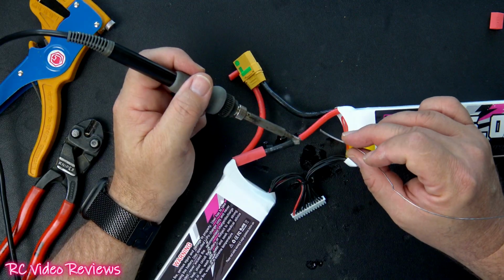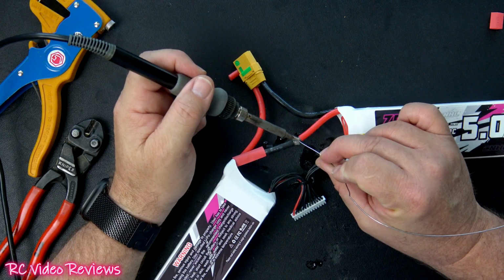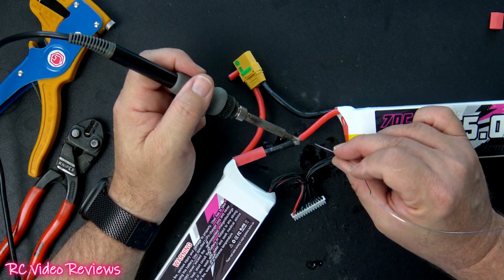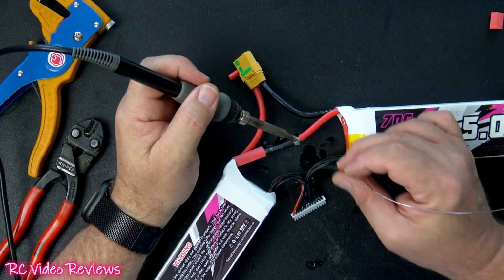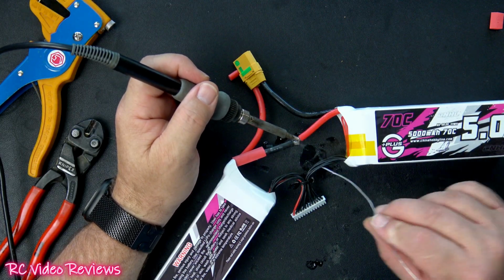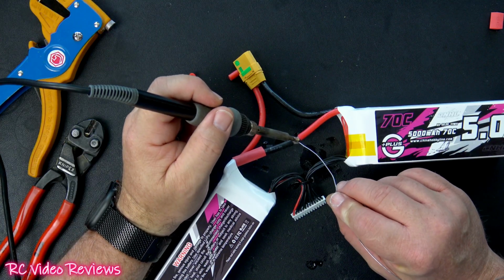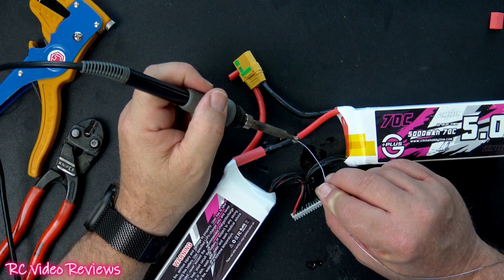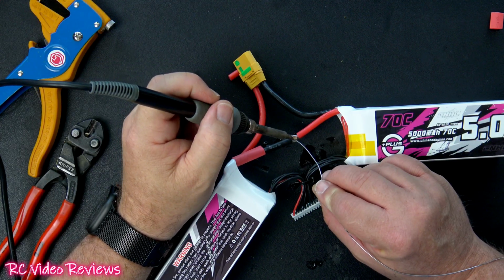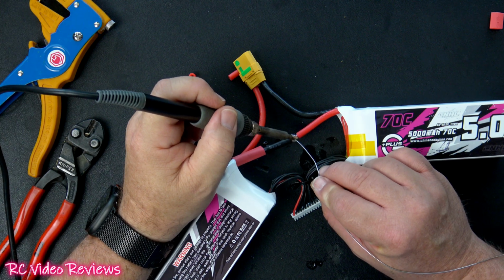Now the last thing to do is to solder our series connector mains together. So this is the negative from the positive battery and the positive from the negative battery. And don't forget to put your heat shrink on, because if you have to take it apart, you won't be happy with that. So I coated this junction with a lot of flux, and all I'm trying to do at this point is get my solder to wick down into those wires,